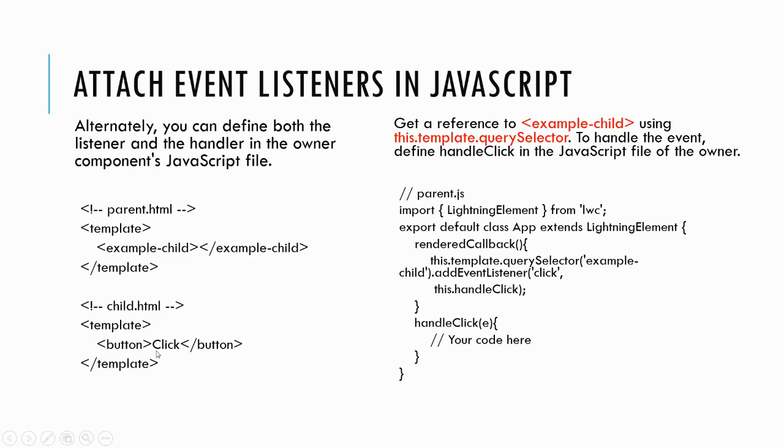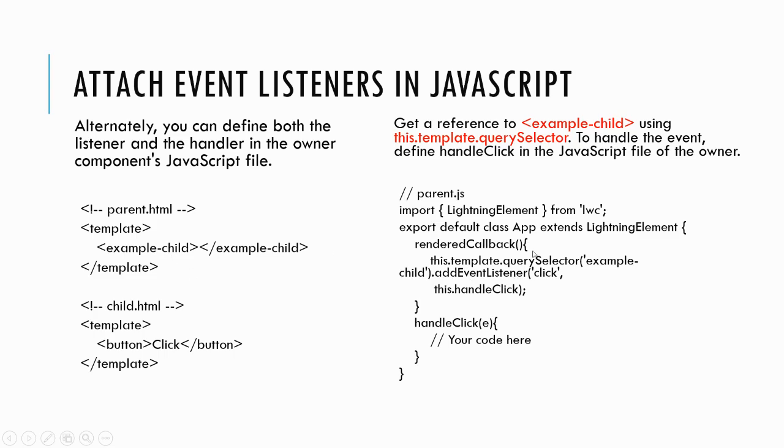Now the important thing is that to get a reference to the example child, we are using this.template.querySelector to handle the events in the handleClick JavaScript file. So this is the syntax. Basically, whenever this LWC, the parent LWC, is rendered, in renderedCallback we are simply querying